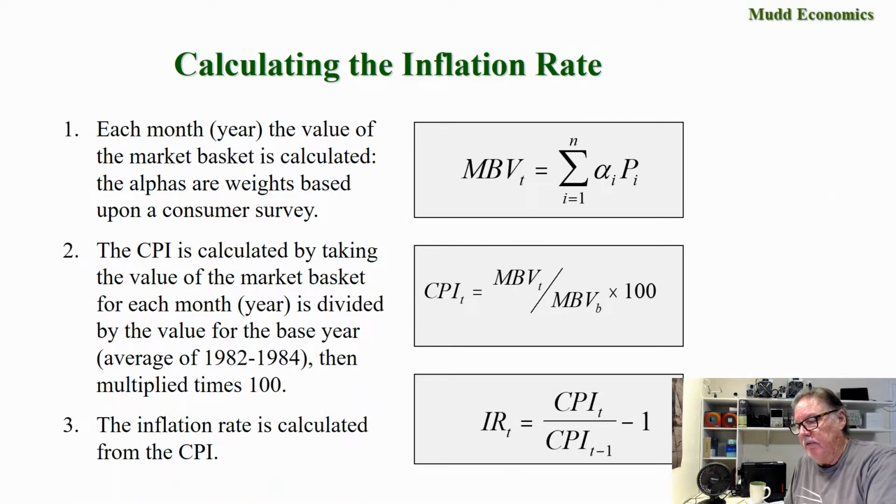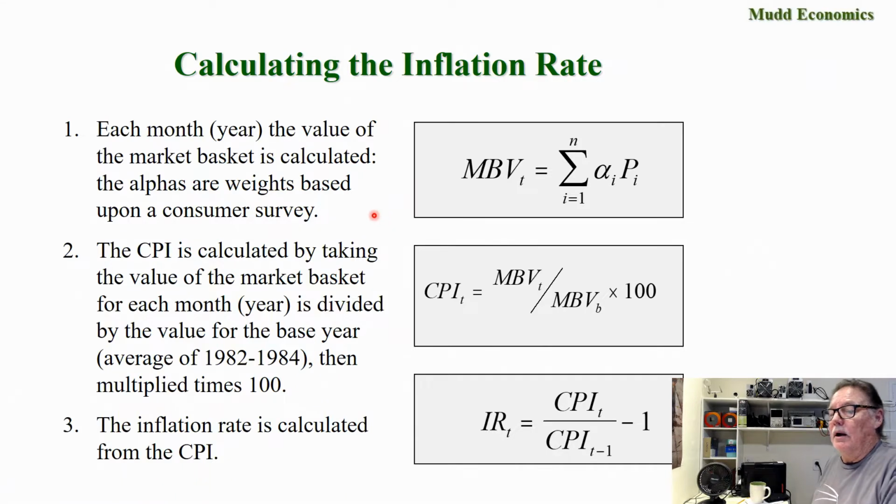Each month, the value of the market basket, which is a series of weights times individual prices, where we've said the size of N in this top formula here is approximately 80,000. All right, so then the market basket is calculated. Then the Consumer Price Index, which is a number like